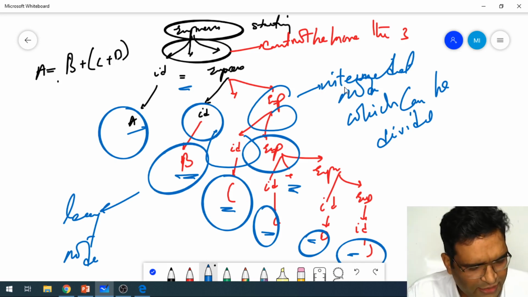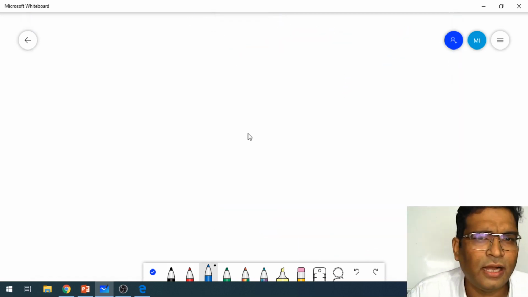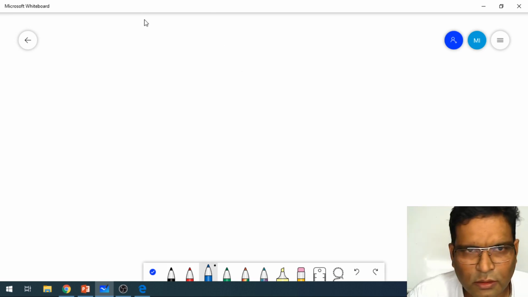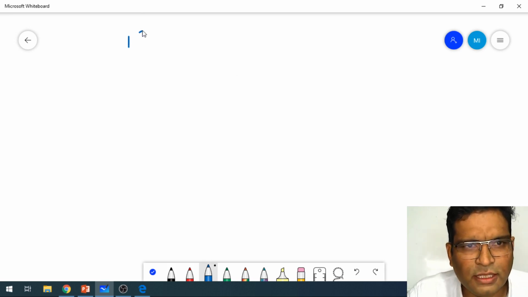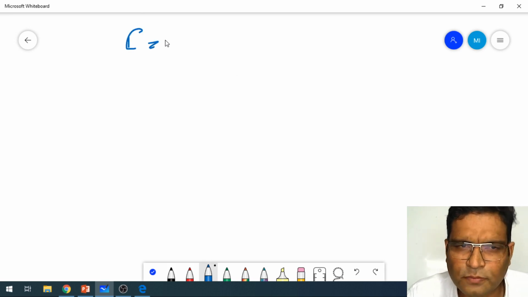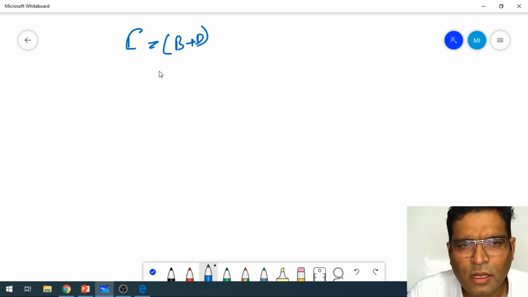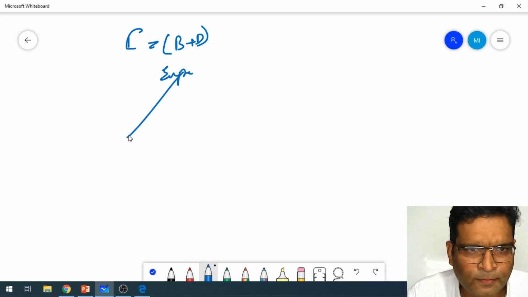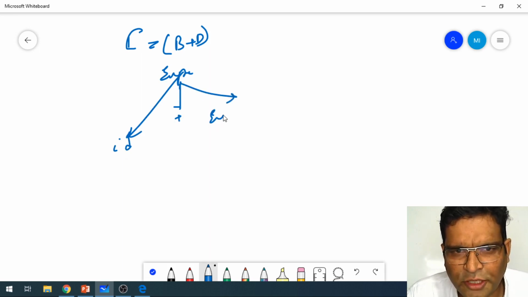Again, let's take an example. I'll rub this out and give you one more. C is equal to B plus D. Starting symbol or expression. We call it ID, the left-hand side, plus, and it cannot be divided into more than three parts.